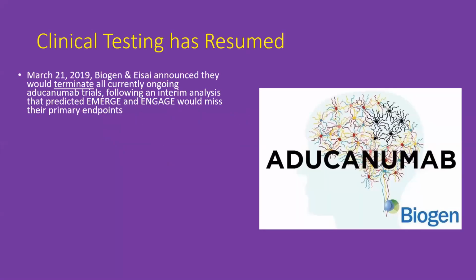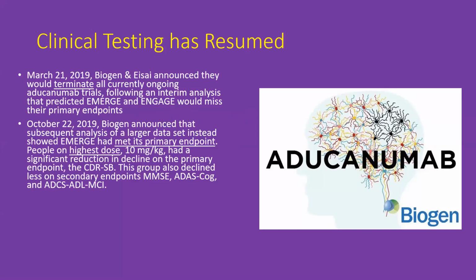However, there is one other drug that got a lot of media attention this year. That's aducanumab. In March of 2019, Biogen and Eisai announced they would terminate their trials, the eMERGE trial and the ENGAGE trial, because of a futility analysis that was conducted. However, in October, the drug got resurrected, and another analysis showed that in the eMERGE trial the drug actually